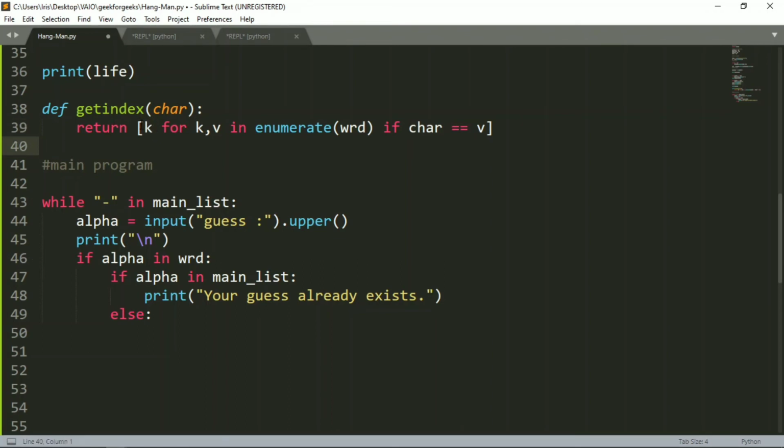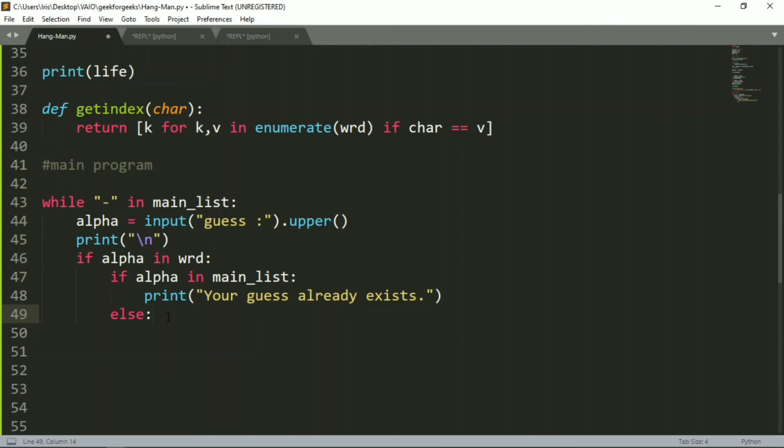As simple as that. I'm using a return condition, and this whole thing is called list comprehension, where I'm creating a condition inside the list and I'm returning that same condition in the same list. So it saves space and reduces the typing needed for the program. So I hope you understand what I have done in this line. It's a bit confusing, but I hope you've understood it. If in case you've not understood, try typing this in your compiler and run it and check out what options you will be getting.